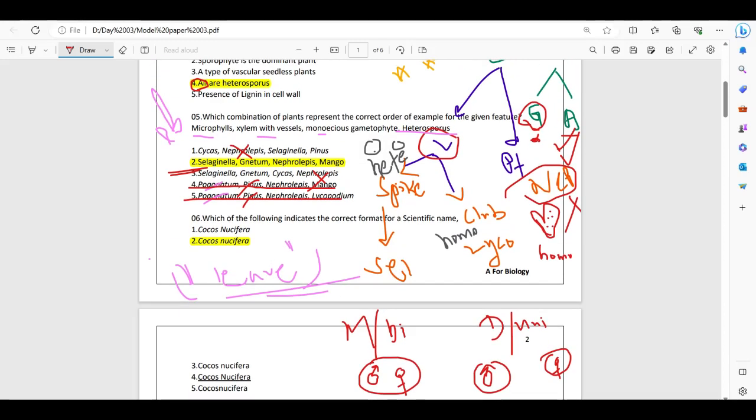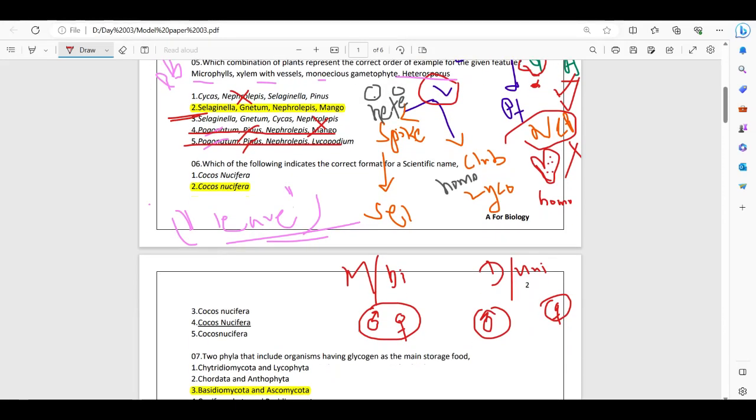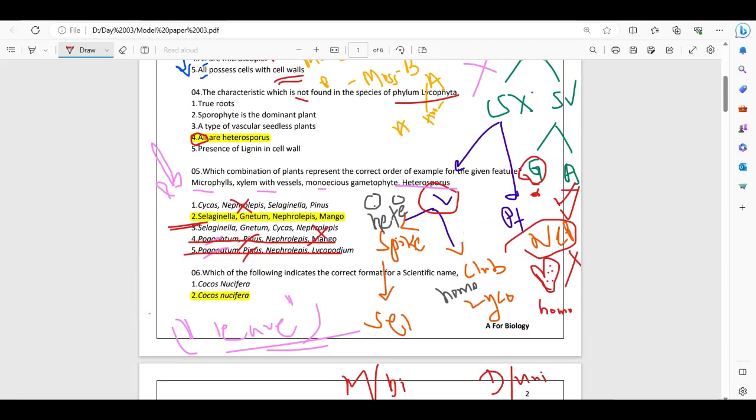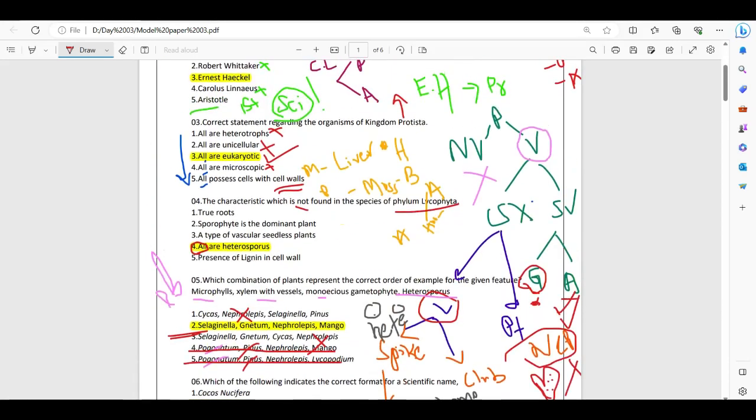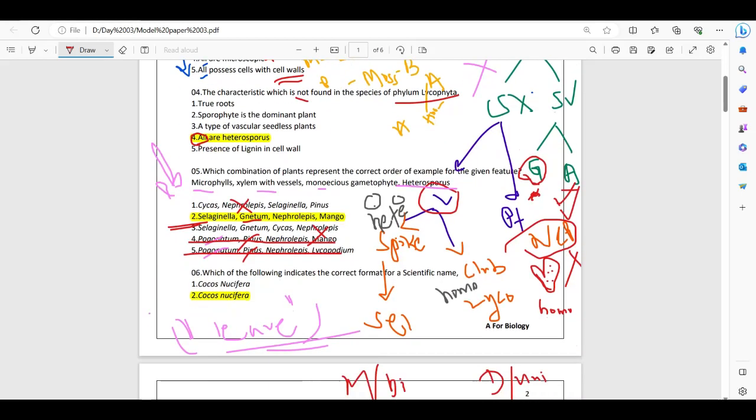Okay? And I mentioned earlier another important thing about gymnosperms. The only gymnosperm with vessels in xylem is Gnetum. That's the given example in the resource book, and it is highlighted in the resource book also. So it's better to remember that information. The next one,